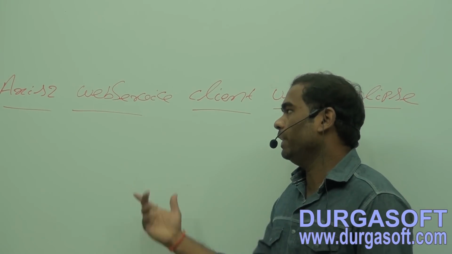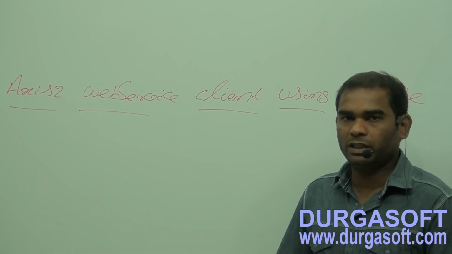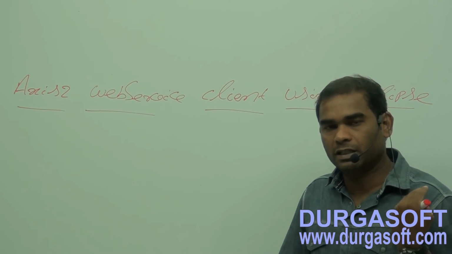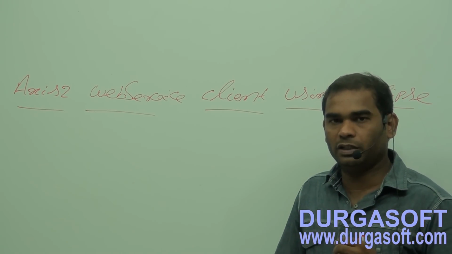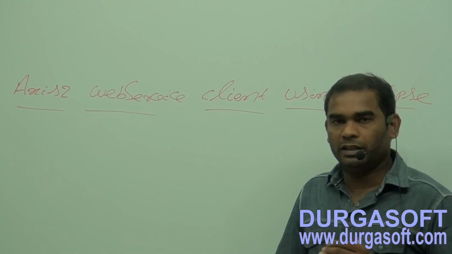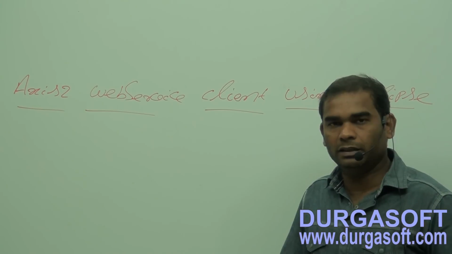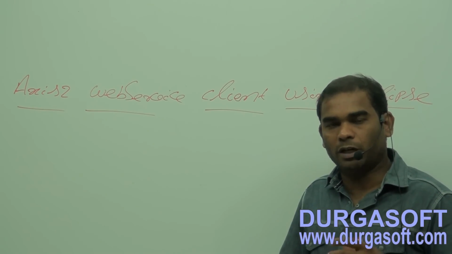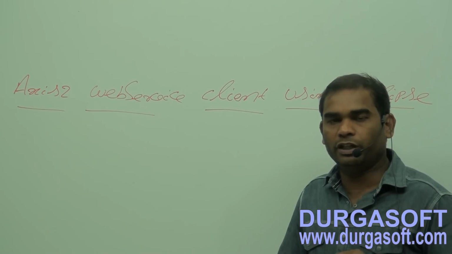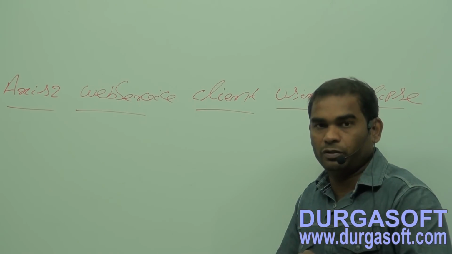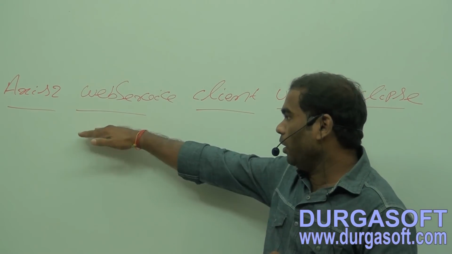First, we need to create either a Java project or a dynamic web project, and then generate the stubs in the SRC folder using the access to implementation. Then we will create one Java program with a main method. In that we will use the stub object to invoke the web service methods. So now we will follow all these steps.